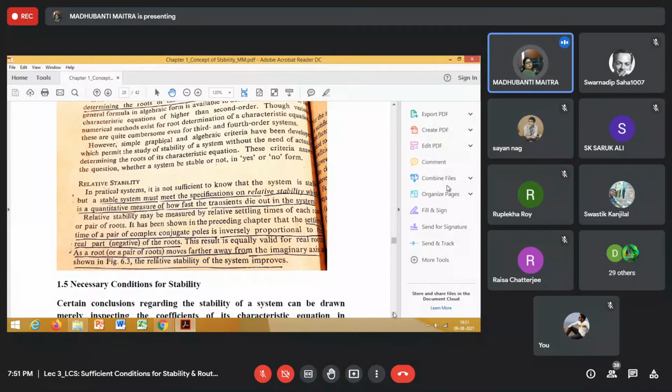But just now you said that you have studied Bode plot? No, sir, no, ma'am, we haven't come across these terms, gain margin or phase margin. Anyway, forget it. It's not part of this chapter.